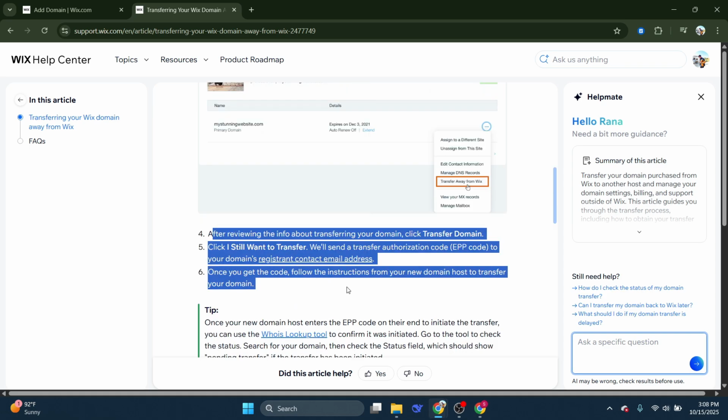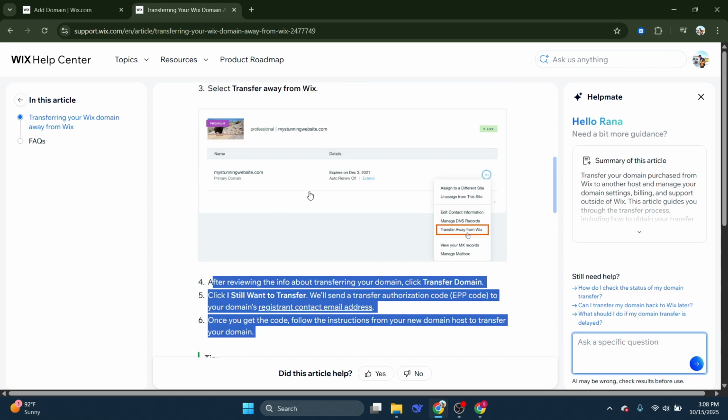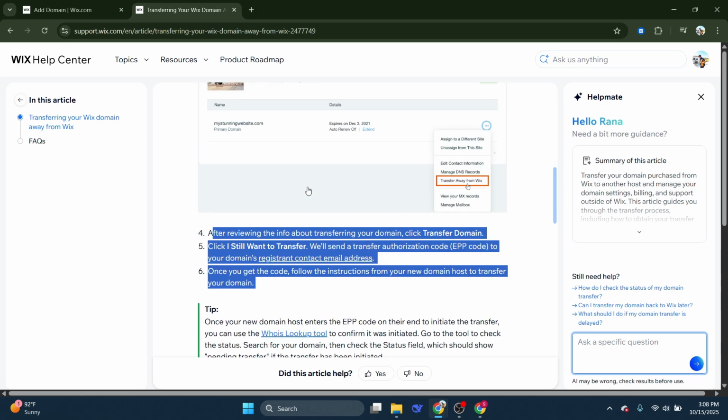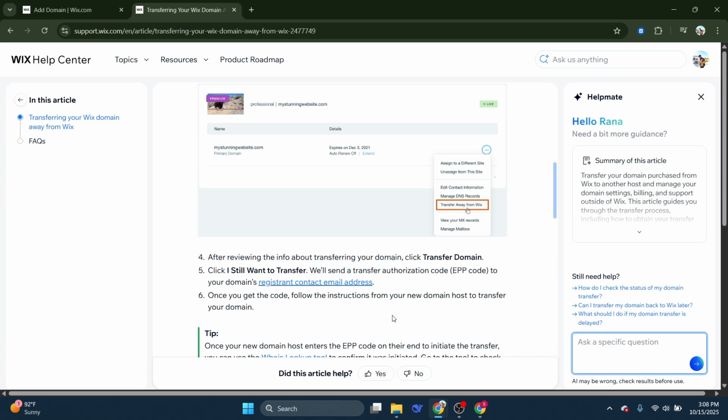Wix will then send a transfer authorization code, also known as an EPP code, to the registered email address associated with your domain. This code is crucial, as your new hosting provider will need it to verify and complete the transfer. Finally, check your email for the authorization code and follow the instructions provided by your new domain host to